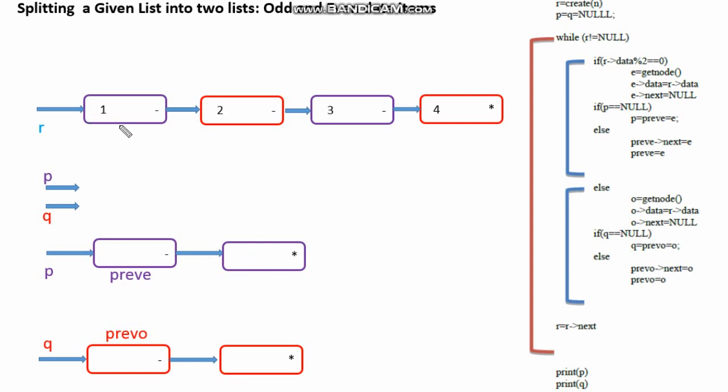Now when I pick up any item from the list, there are two possibilities. Either it can be an even item or it can be an odd item. So it can be even or odd. We can find it out by finding the modulus with 2. Now, be it odd or even, again there are two possibilities. Either